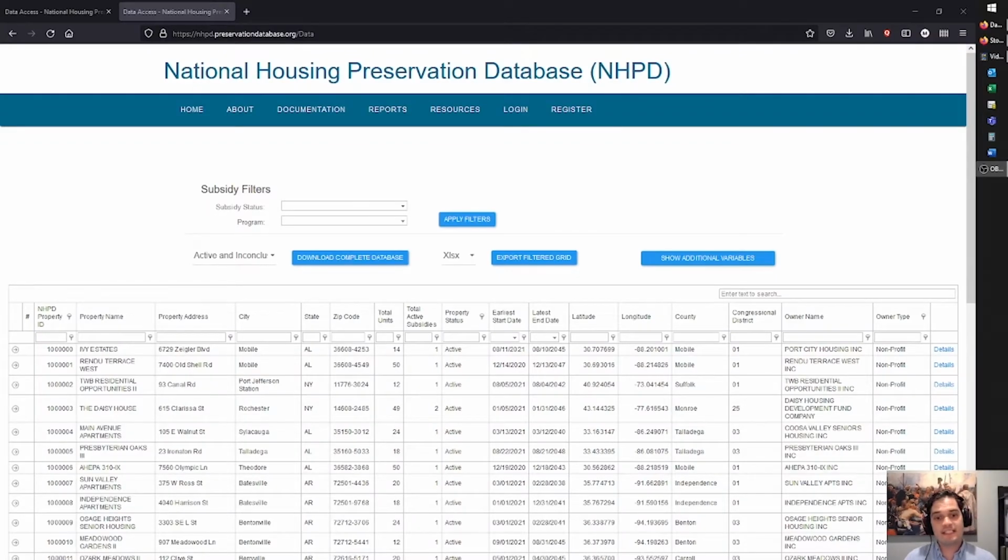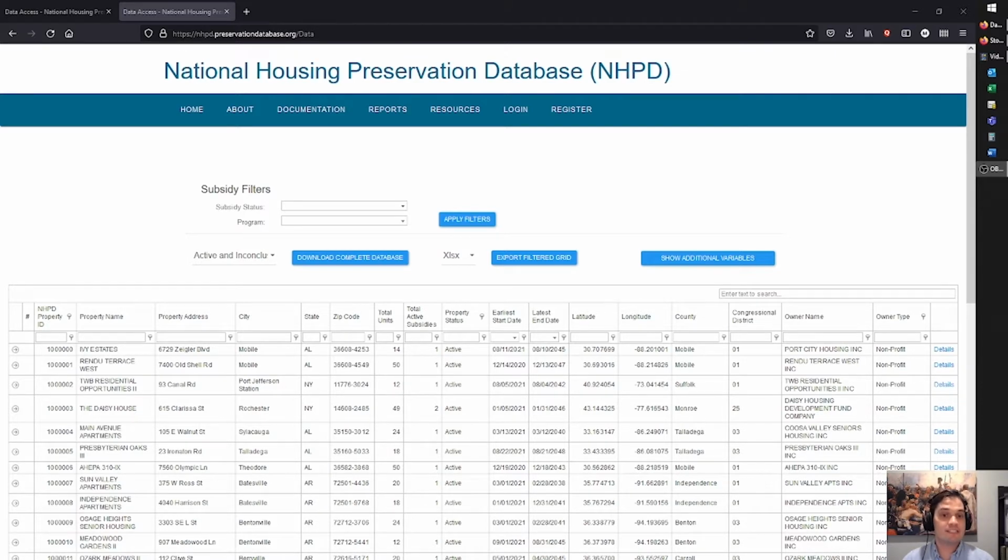Okay, so the final data source we're going to look at today is the National Housing Preservation Database, which is maintained by the Public and Affordable Housing Research Corporation, or PARC as it's commonly known. And so what the Housing Preservation Database, or NHPD, does is it tracks all of the federally subsidized housing units across the country. And it's really rich, and as you can probably imagine, a really great